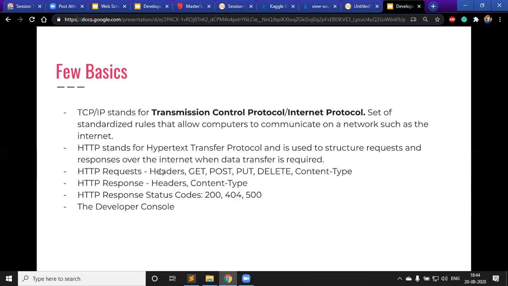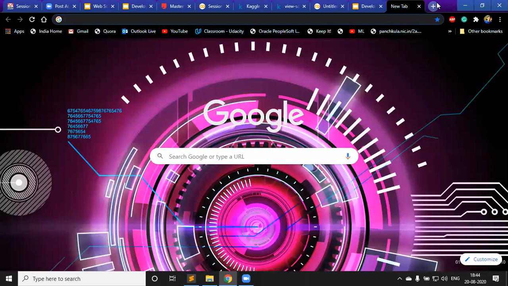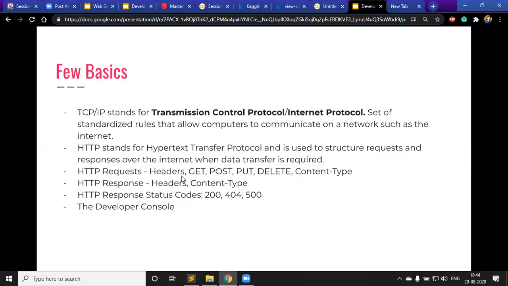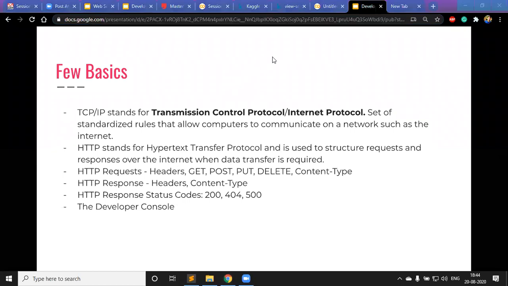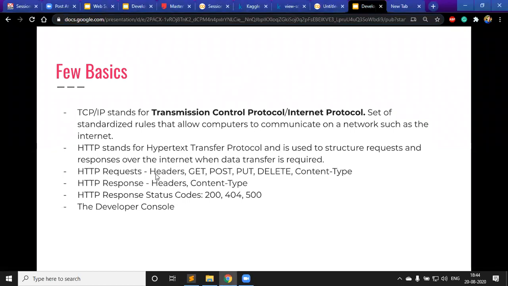Basically, when you're typing some link, let's say google.com, what happens when you click enter here? Some information is sent by your browser to the server, and that information allows the server to understand what resource is being asked for. So there is something called